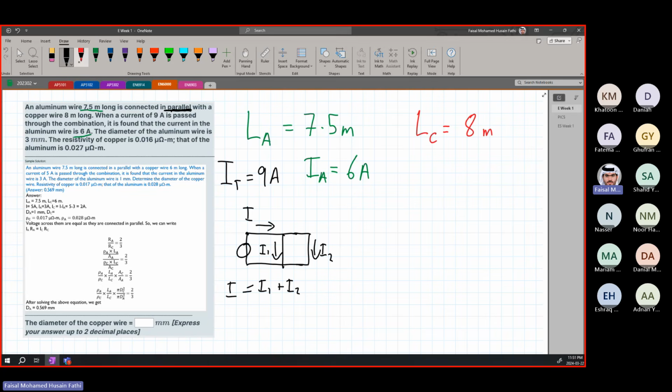I total, again, is going to be equal to IA, which is the current along the aluminum, plus IC, which is the current across the copper, because they're connected both in parallel. Logically, if you have flow, like, if you guys have like 10